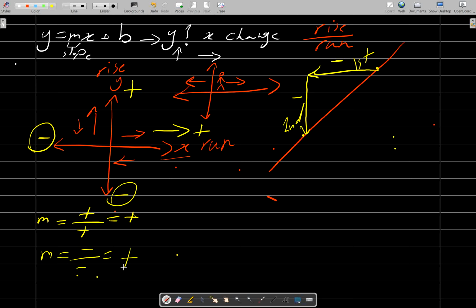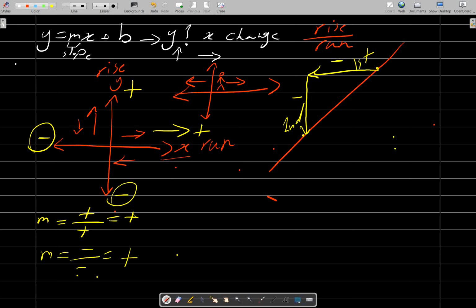So based on that, it doesn't matter how you arrange the points. The only thing that matters is you choose a point that is on our line. That's all that matters. And this is what we call the rise over run, which makes it easy to draw a line by the rise of 1. But the way that you can find this number of slope, like m is equal to 1 or 2 or